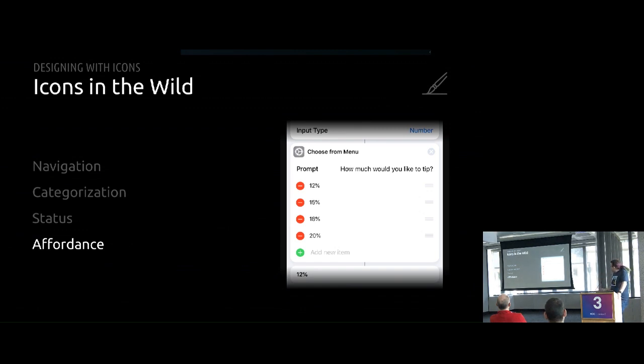The one that's a little less obvious, and again with the TVs you might not be able to see, are these little grab handles on the right, which you can use to reorder these items. Both of these could be represented in text, but think about if you had to put the word remove to the left of each one of these items, and then maybe say tap here and drag to reorder on the right. Very, very wordy, not really going to do your users any favors while they're trying to reorganize some of